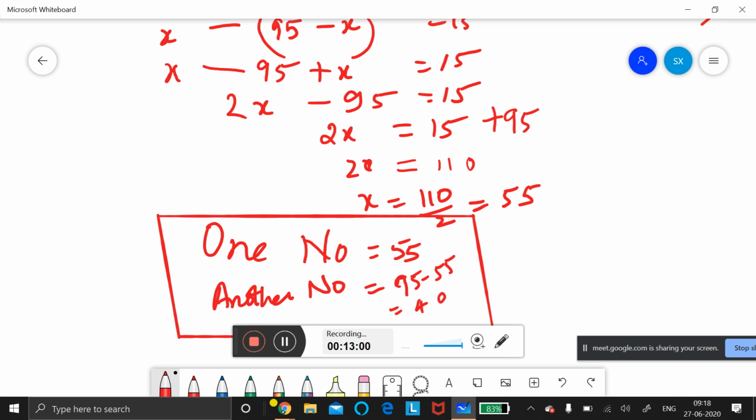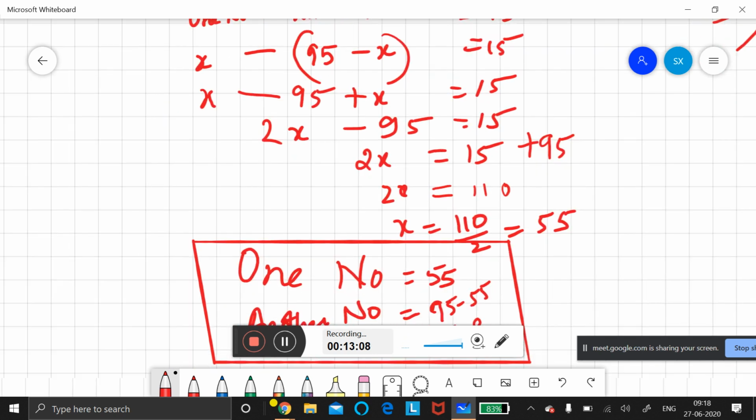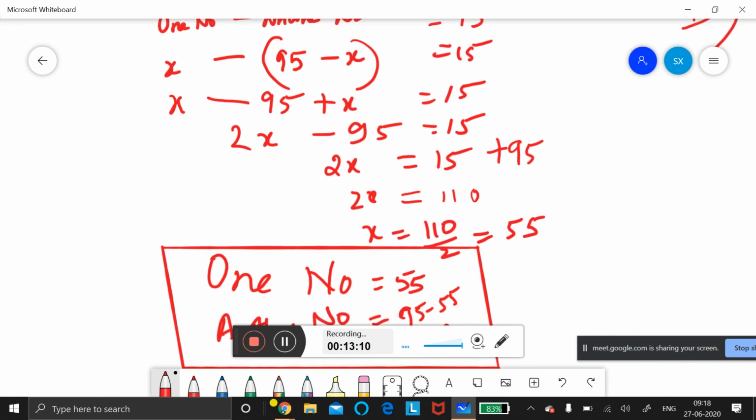Is it easy, children? Yes, ma'am. You understand the simplification? Do it one by one, simplification will be easy. Don't be in a hurry. Write the final conclusion statement. The equal sign should come equally down like this, children. I am writing on this whiteboard, I am finding it difficult, but you write neatly in the book. The equal sign should come equally.